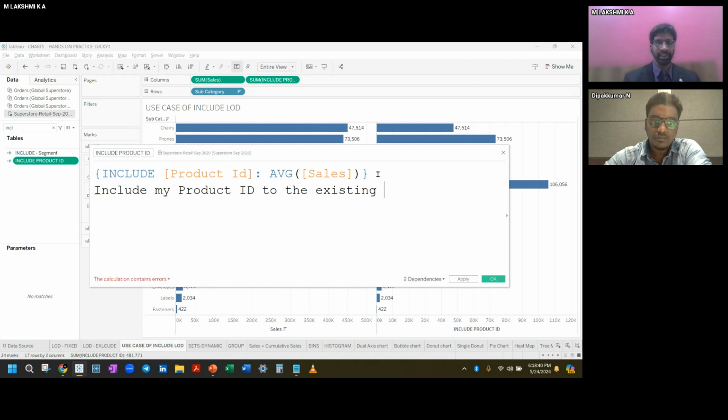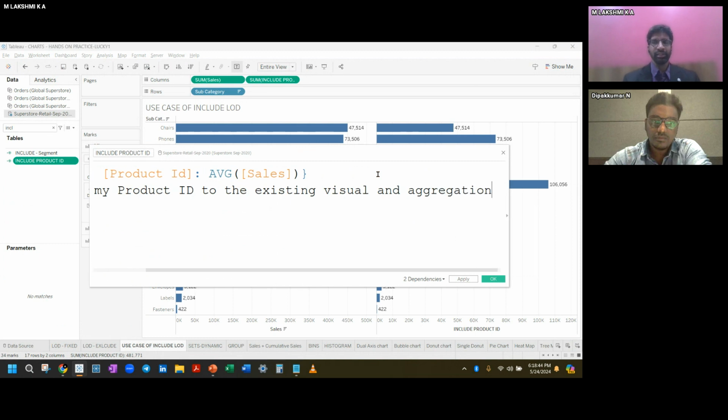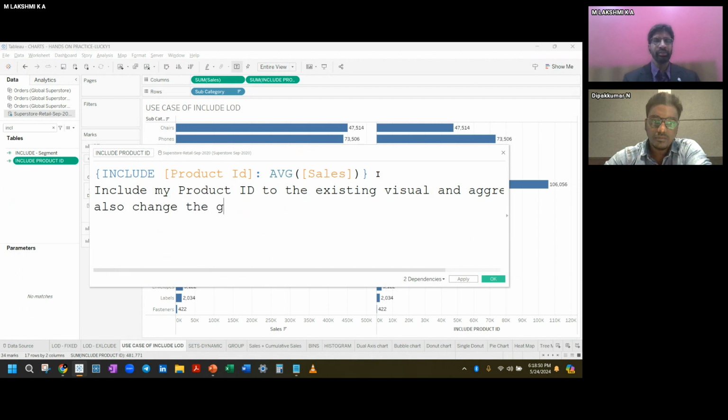Sorry, once again, to the existing visual and aggregation. Also change the granularity from subcategory to product ID.